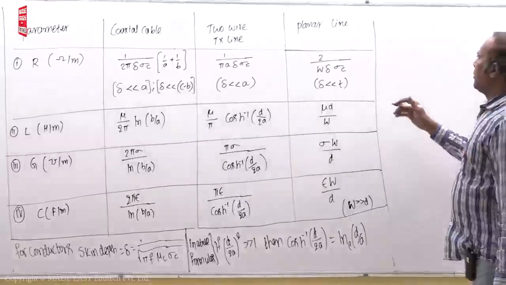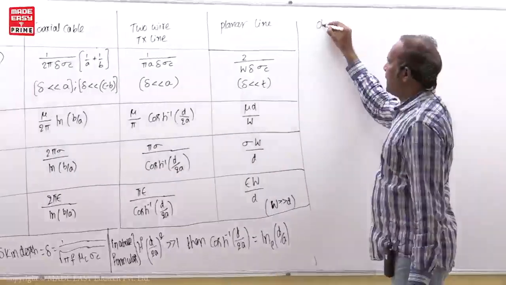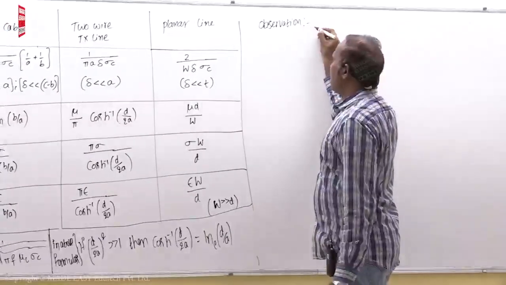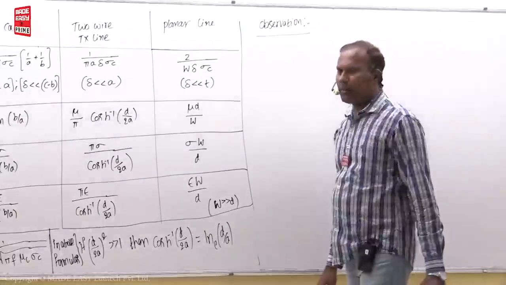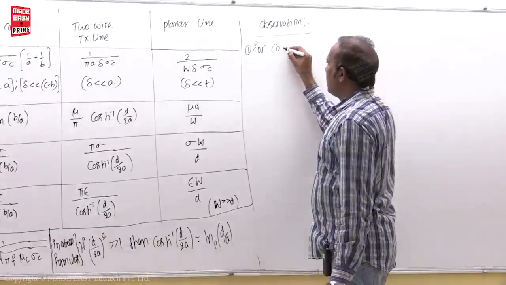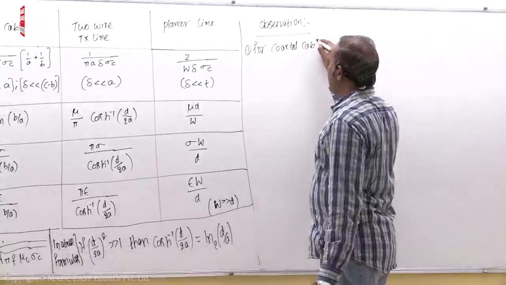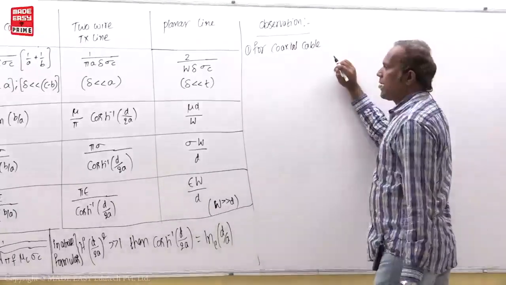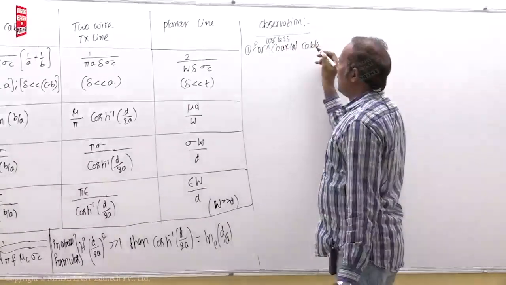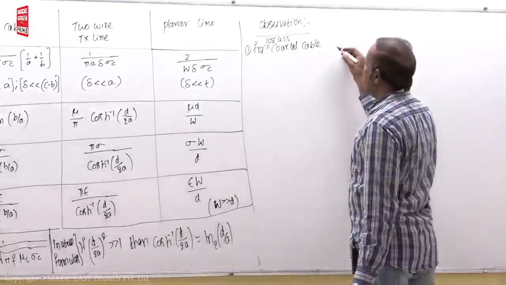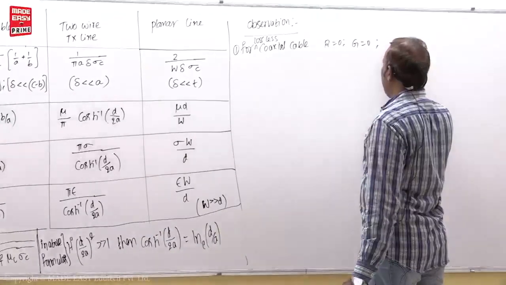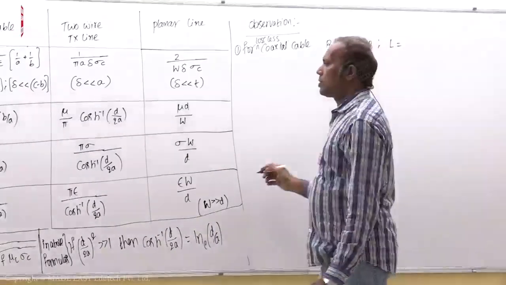Okay. So now I am taking one observation. Otherwise you can write this as an observation I am writing, but anything that comes in the box, you have to remember. For coaxial cable, I will take lossless coaxial cable. For lossless coaxial cable, resistance is 0 and G is also 0, and L becomes, you can see,